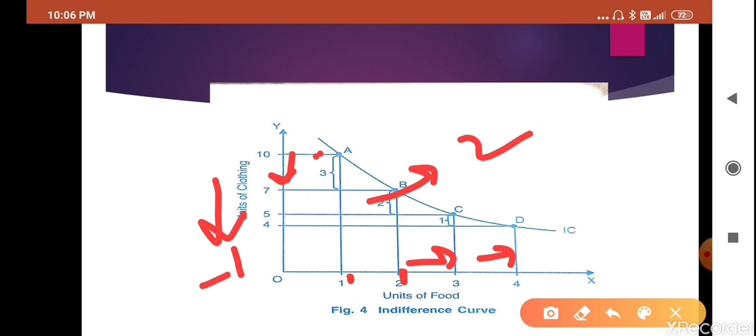As you have seen in demand and price, while price is increasing, demand is decreasing. That's why the demand curve was negatively sloped. In the same way, this is negatively sloped. So the first thing is the indifference curve is negatively sloped. And how is it happening? It is happening due to the law of DMU. It is happening due to MRS, or marginal rate of substitution. So I hope this concept is clear to you. Let's go on to the next concept.